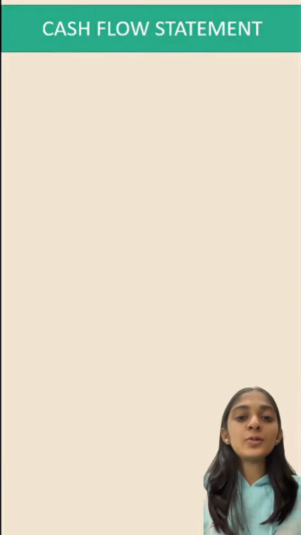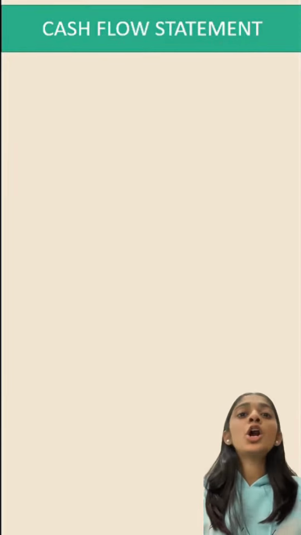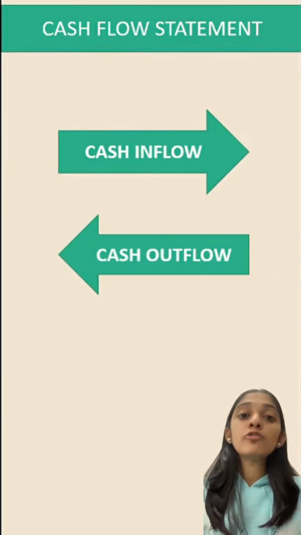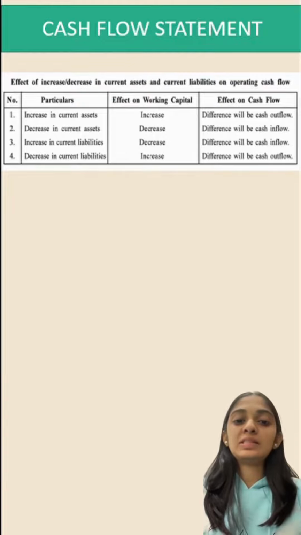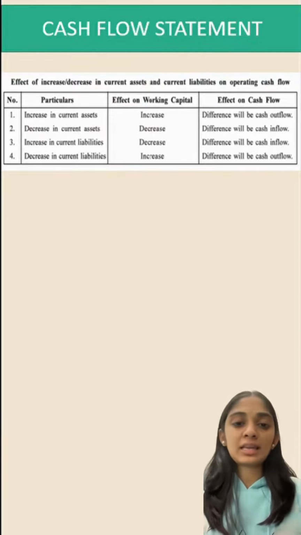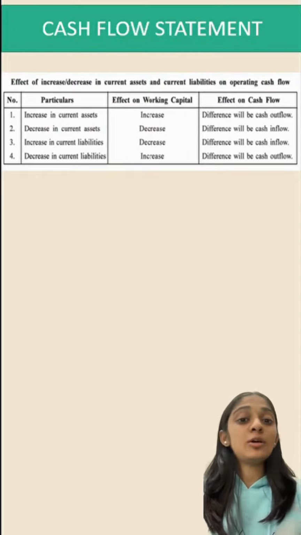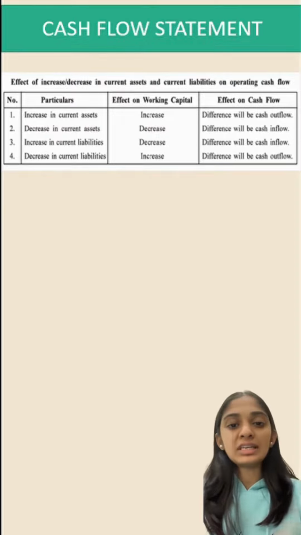Friends, today we are going to learn about operating activity. All the activity that emerges from the profit and loss statement comes under operating activity. Yesterday we learned about the basic format of operating activity. Today we are going to learn about the effect of increase or decrease in current assets and current liabilities on